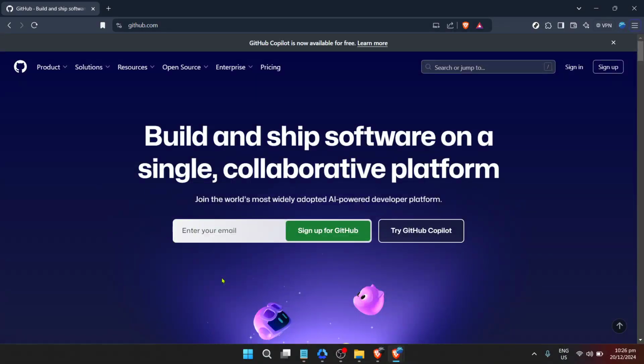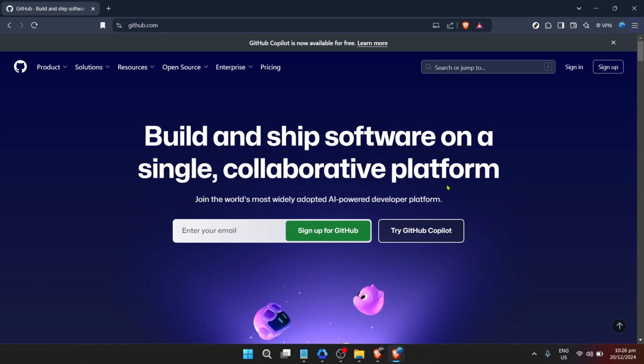In today's video, I'm going to teach you how to email GitHub support effectively. Whether you're encountering a bug, need account assistance, or have any query that requires direct support, reaching out to GitHub support team can be your best bet for a swift resolution. Let's dive into the specifics so you can get the help you need without unnecessary delays.